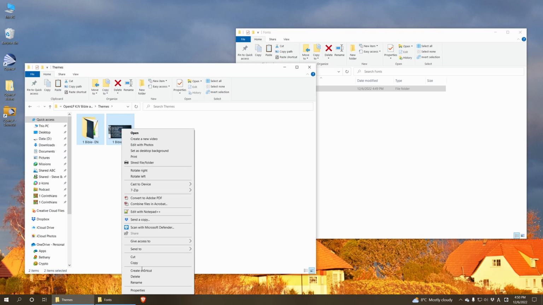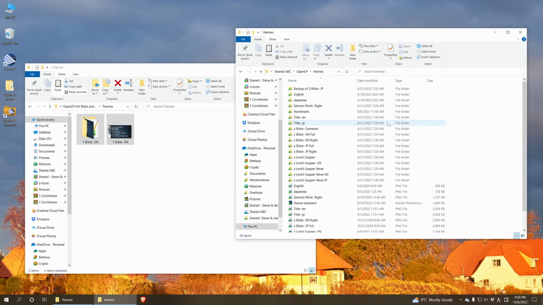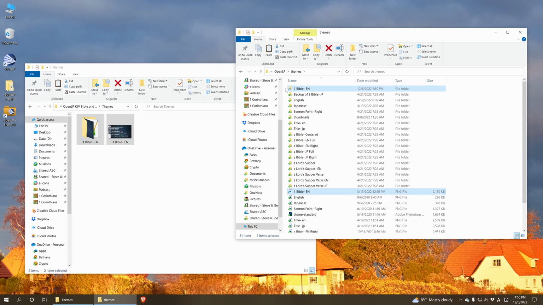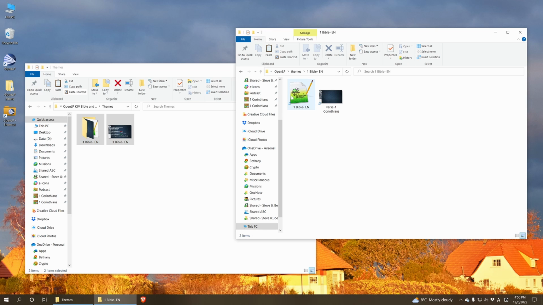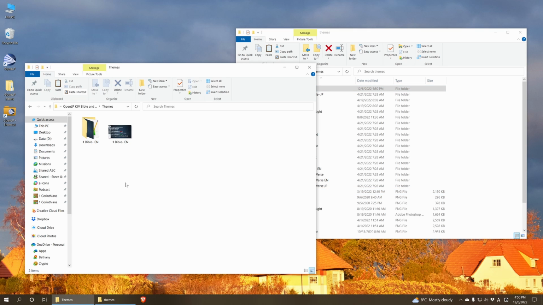Right click that, copy this, and then go back to our themes folder here and find an empty space to paste that, and that will put that folder with all of the code files, the background image, as well as an image for OpenLP to be able to read. So once those are installed, OpenLP should be good to go. If you open up OpenLP,